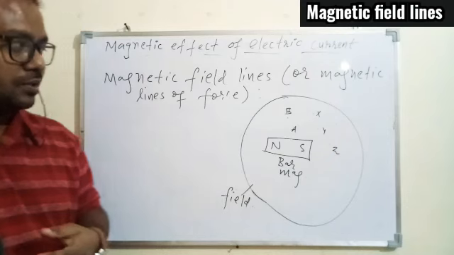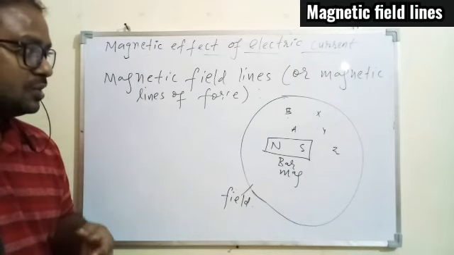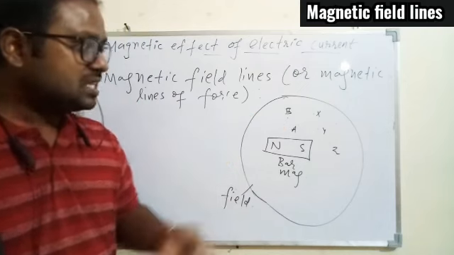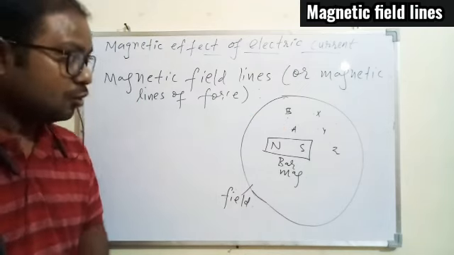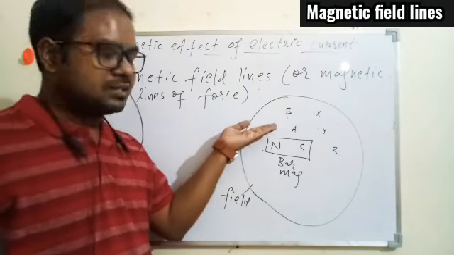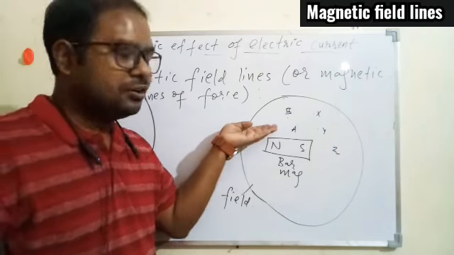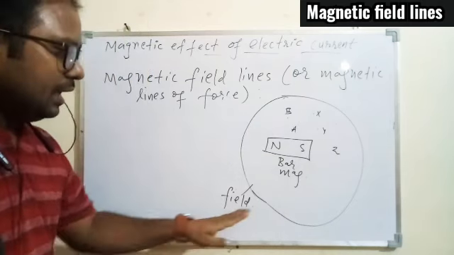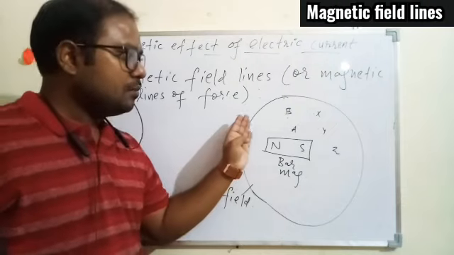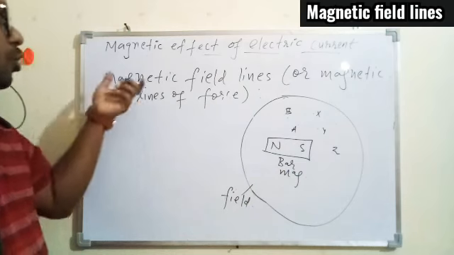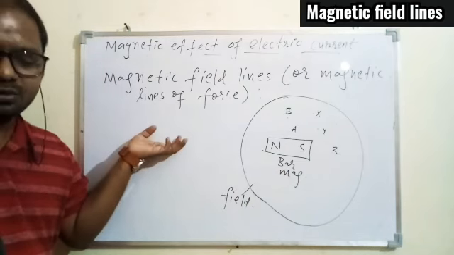We know in 9th class we understood a force is a vector, so it will have a magnitude, means it will have some value in Newton, plus it will have a direction. So if you talk about a magnetic field, within the magnetic field every point there is some magnetic force, and that magnetic force will have particular direction. So overall, in a magnetic field, the direction of magnetic force at any point is given by the concept called magnetic field lines.